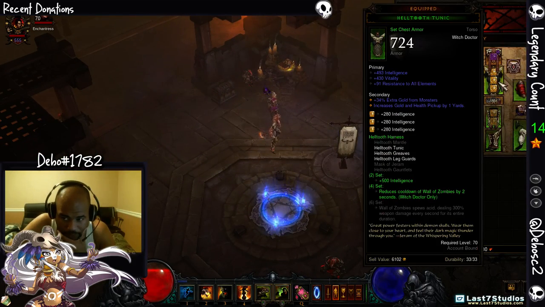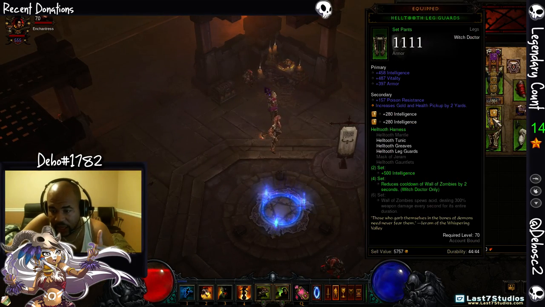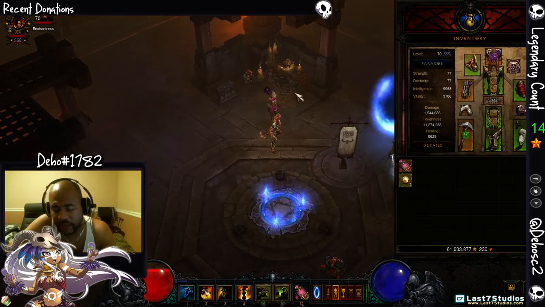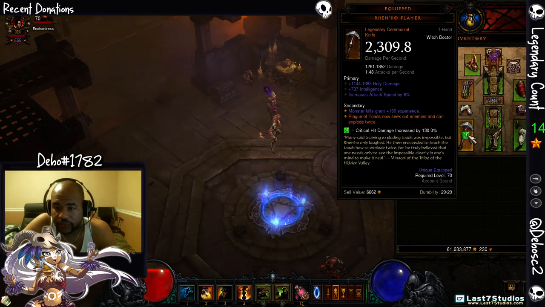And I have the Fleeting Strap Belt because it provides me good toughness and also gives me that increased attack speed. Let me see, other than that, I got the Zunimasa offhand because it has increased Zombie Dog damage, but you probably would want to use a Thing of the Deep or whatever offhand that you enjoy using. And besides all that, we got the Rhino Flailer for the controlling aspect of Addling Toads,